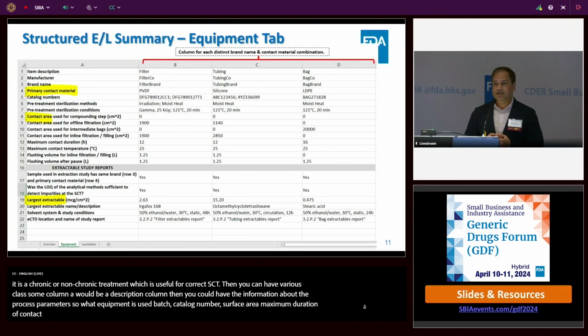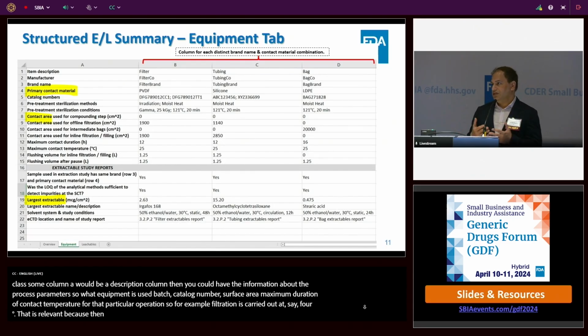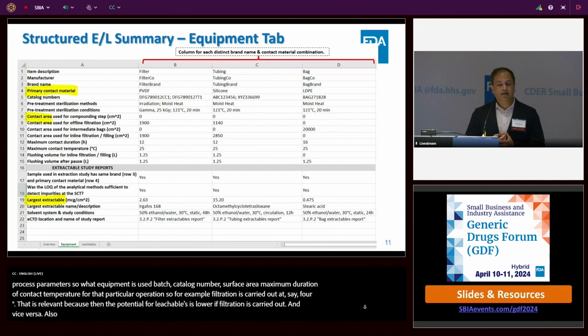So for example, filtration is carried out at, say, 4 degrees. That's very relevant because then the potential for leachables is lower if the filtration is carried out at low temperatures, and vice versa. Also, if there is any flushing that is proposed,